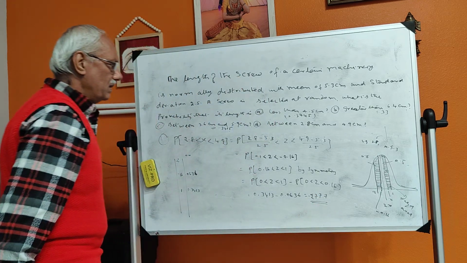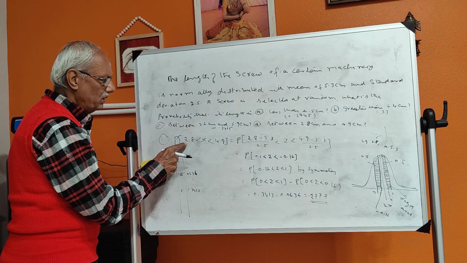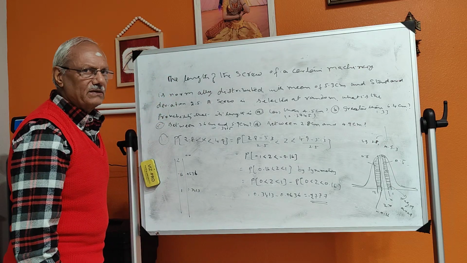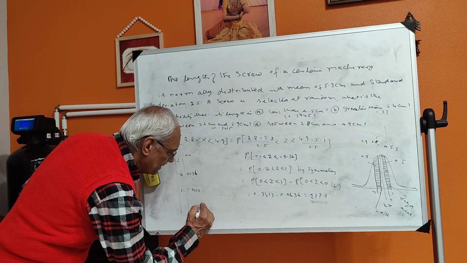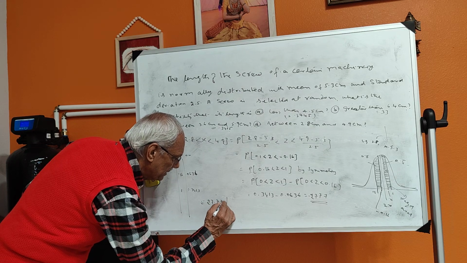So the probability of the screw to be of length lying between 2.8 and 4.9 is 0.2777 chances. That is 27.77%